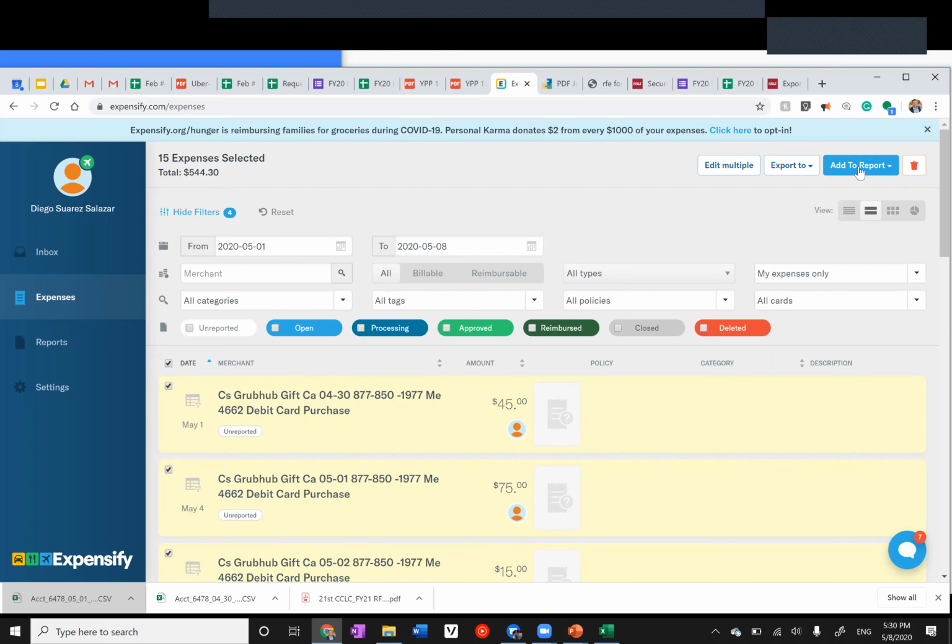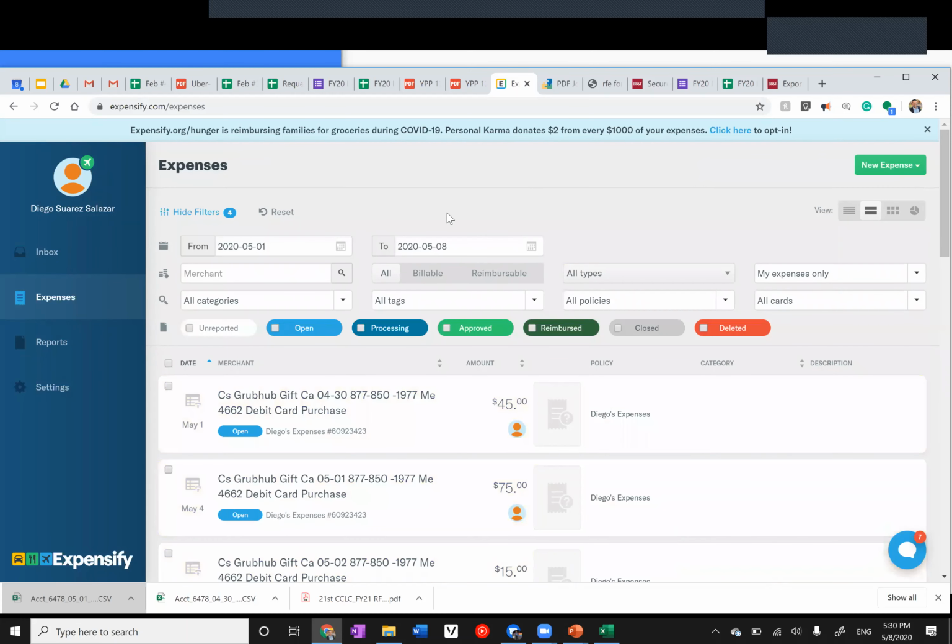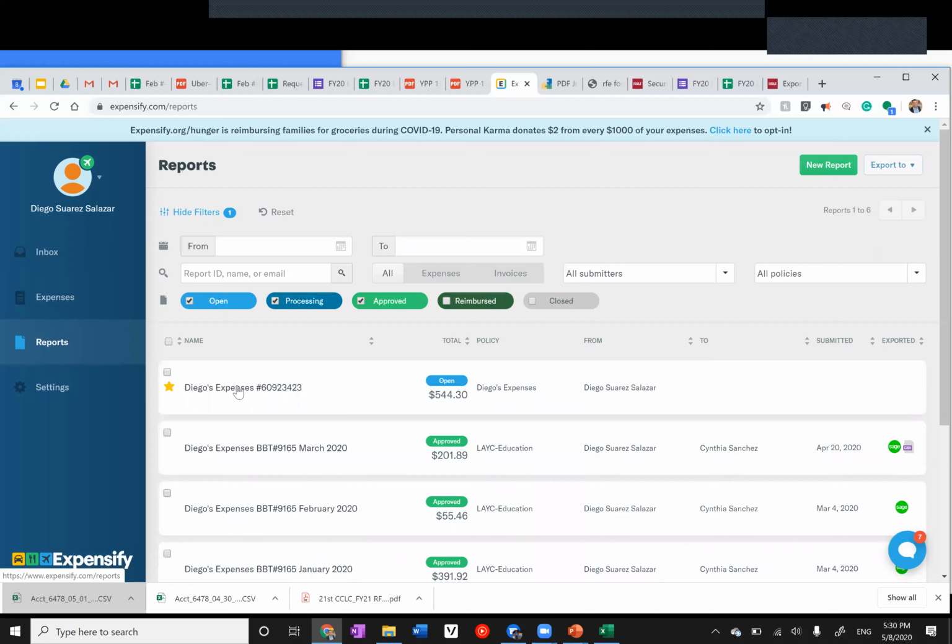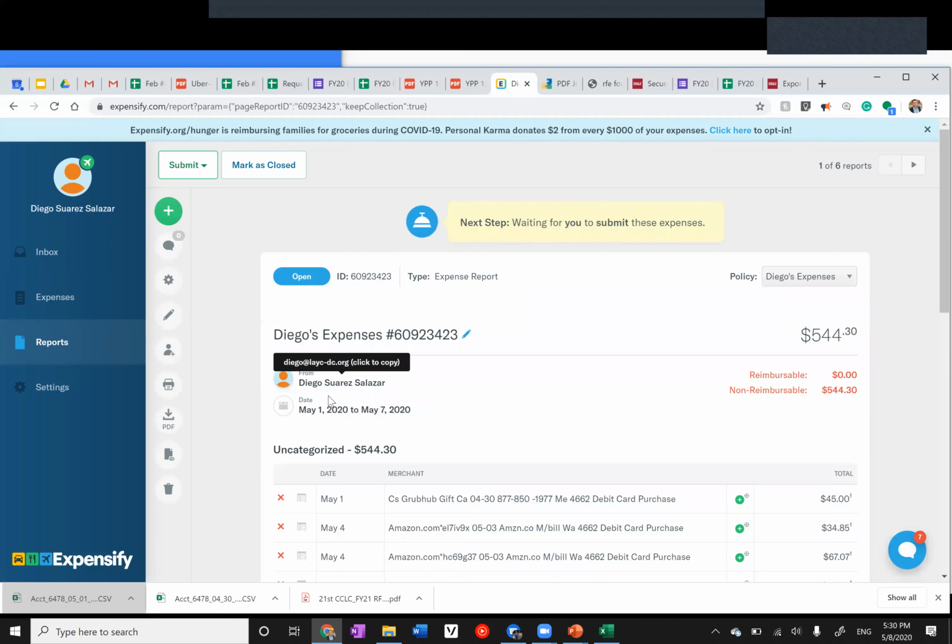you see where it says add to new report, right there, add to report. You drop down, new report. And now you go to reports. And here it is, 544.30. Okay. So I am going to have everyone please always, when you're doing this, make sure you label